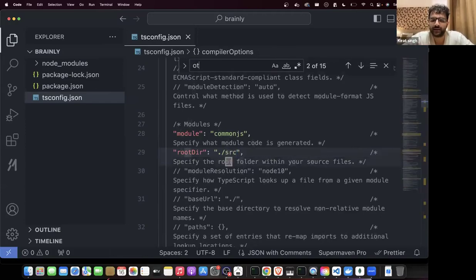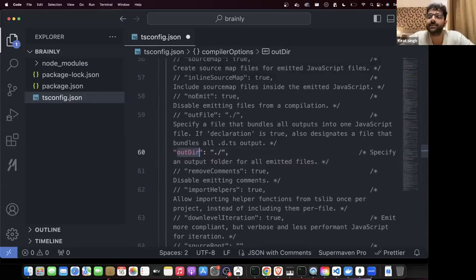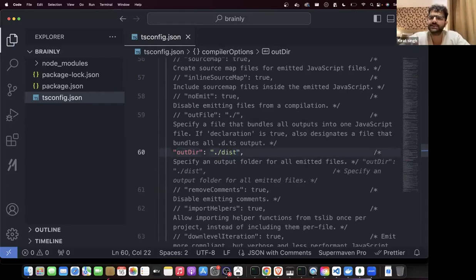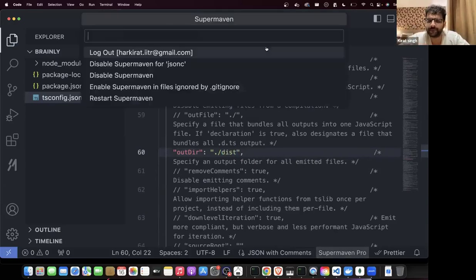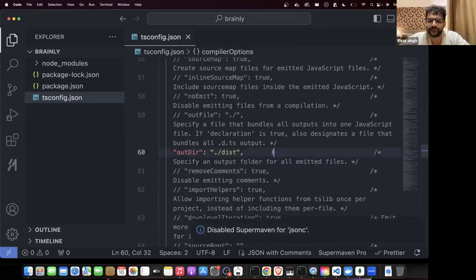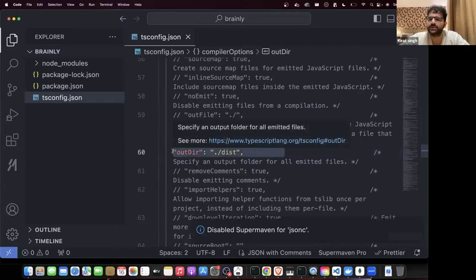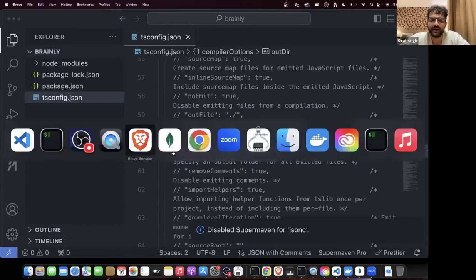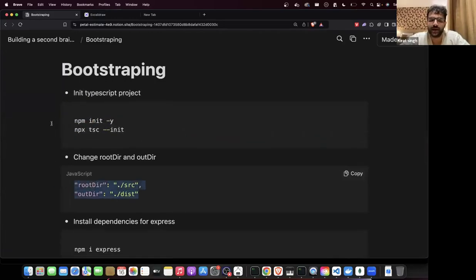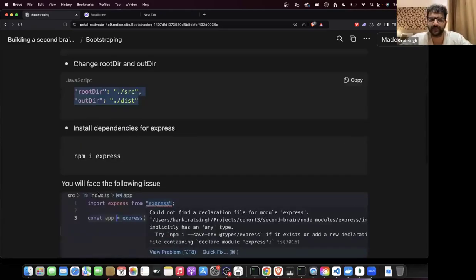My out directory, जहां पे कोड JavaScript का प्रेजेंट होगा. TypeScript gets converted to JavaScript. JavaScript is what runs on your machine. JavaScript code I'm going to store in ./dist या फिर ./build. यही दो इंपॉर्टेंट वो होते हैं. Out dir dist, root dir src. Slides में भी है. If you go to the slides, that's step 2. इसके साथ तो muscle memory बना. Make this muscle memory. You have to do this almost every time you are starting a new TypeScript project.